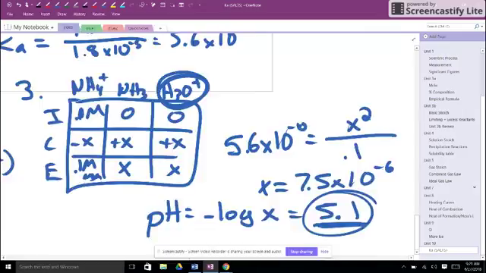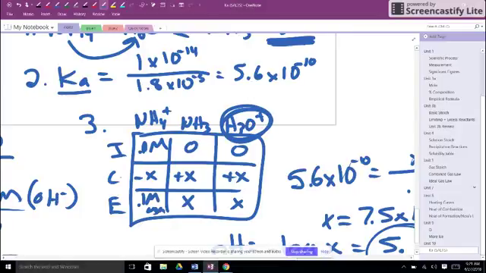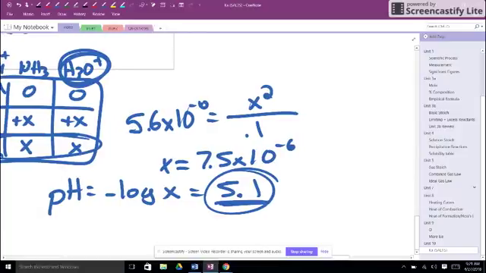So again, with these salt solutions, first step, figure out which species might lead to an acidic or basic solution. Add that to water and find out what we're producing. Find the K value we need. You're always going to be dividing that from 1 times 10 to the negative 14. Step 3, set up an ice table to get your equilibrium concentrations. Step 4, solve for X. And then step 5 is calculate the